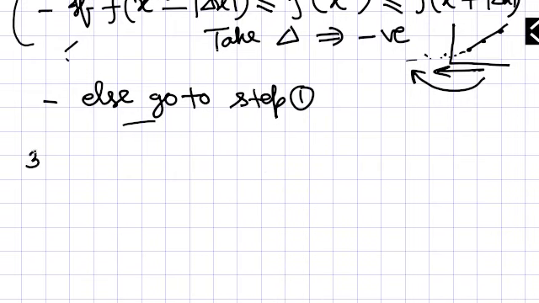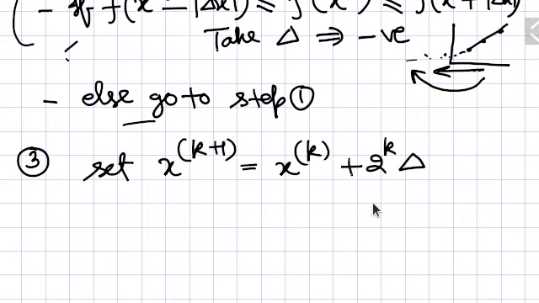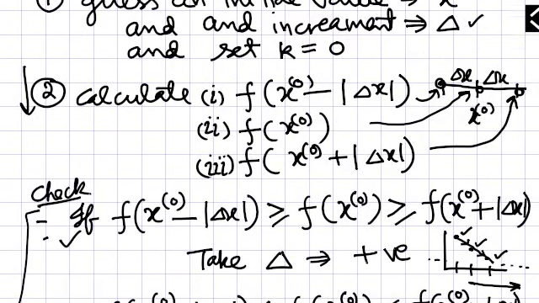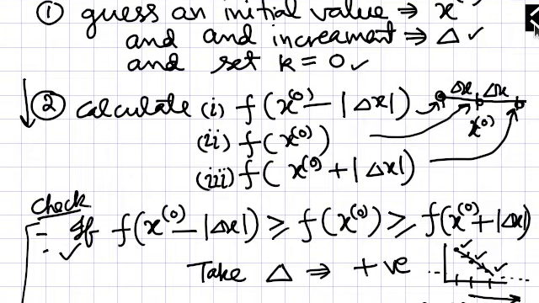What will you do in step 3? In step 3, you will set xk plus 1 equal to xk plus 2 to the power k times delta. It is the increment with your sign, positive or negative, whatever it is. After that is step 4. This is actually the algorithm, and you will understand it when you solve the numerical. Step 4 is you check the values at this point, what is the value of the function, and at this point what is the value of the function, and if it is less than this, then you set k equal to k plus 1,